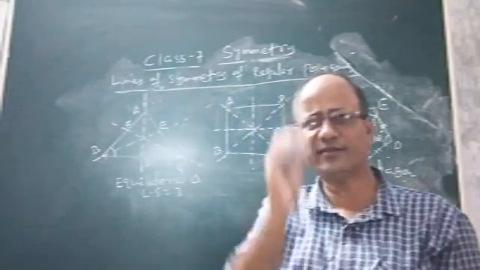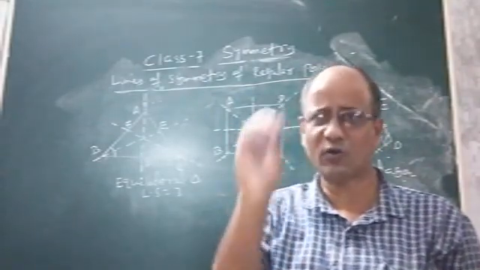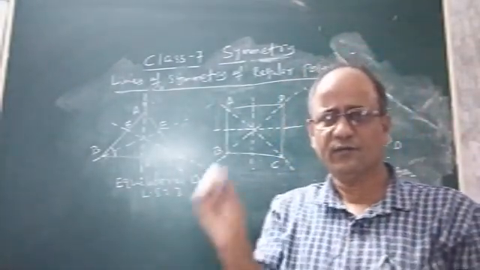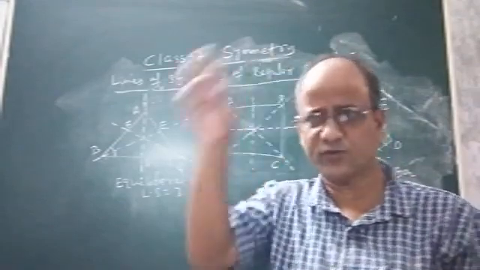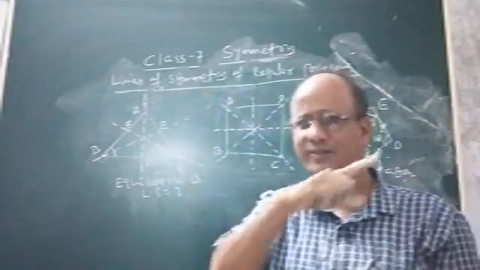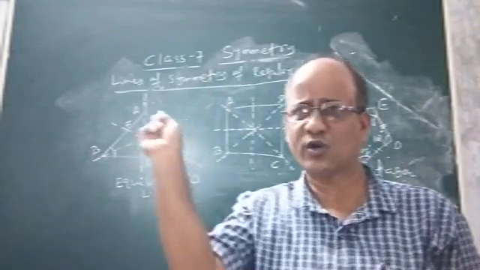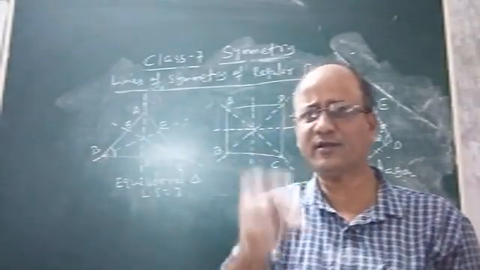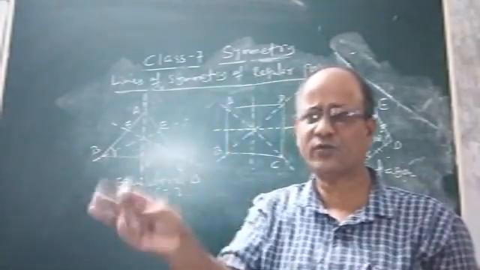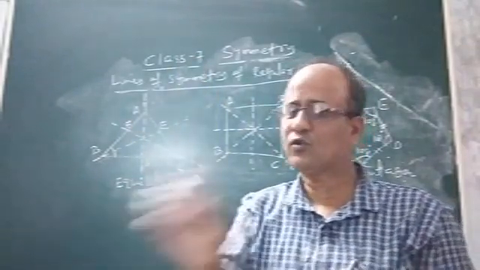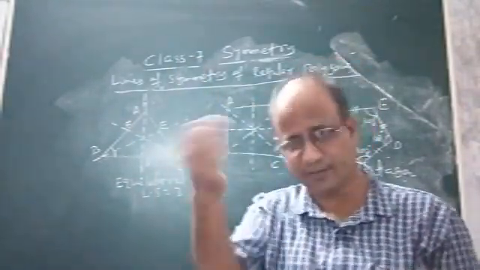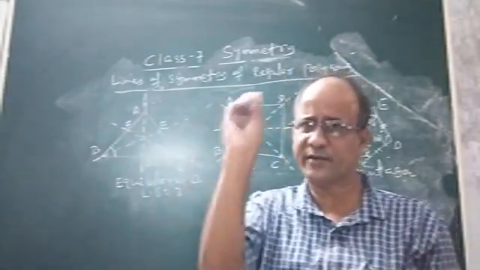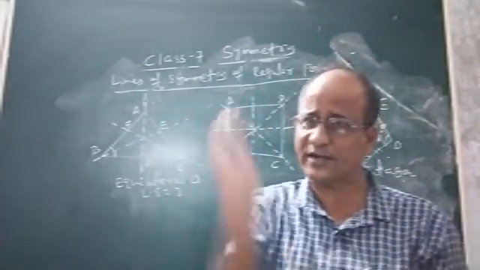So children, this is the concept of line symmetry altogether. I tried my level best to discuss everything in detail. First I discussed how to find lines of symmetry of different geometric figures, then English alphabets, then how to find line symmetry of a line segment and an angle. Then I discussed how to find line symmetry of different triangles: isosceles, equilateral, then scalene. It is not necessary that every triangle will have a line of symmetry. It may have no line of symmetry, like a scalene triangle. Then obtuse triangle, acute triangle, and right triangle.